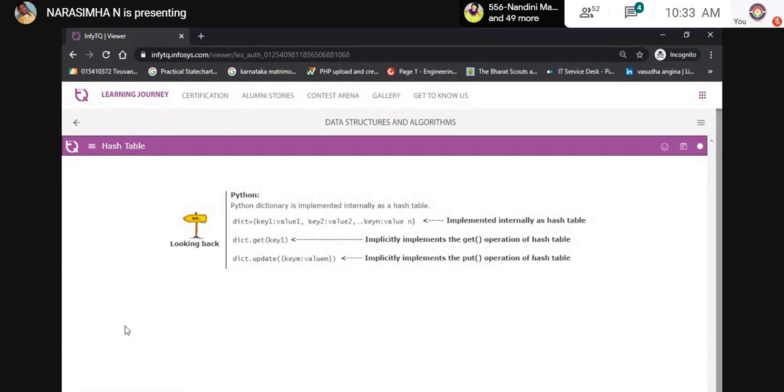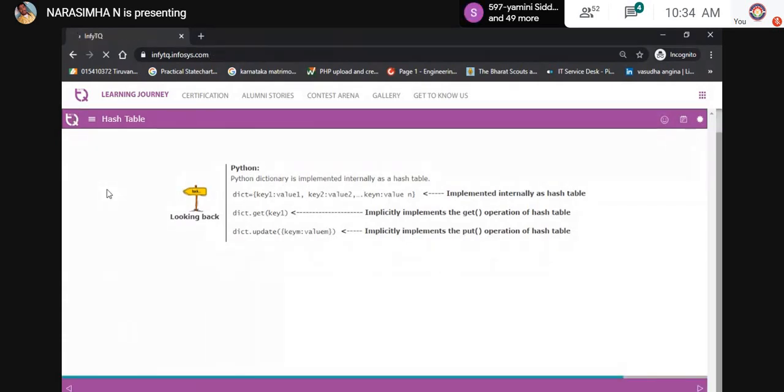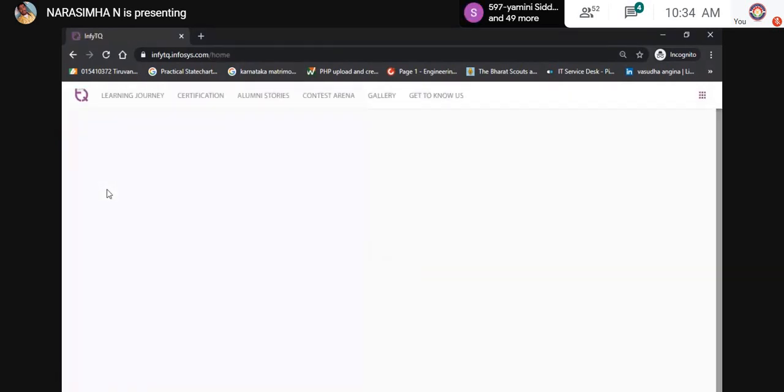Then you get the hash value. By using the hash value, you make a list, and each index consists of a reference to a list. That list contains the key and value pairs. There are two operations, get and put. Clear? That is about hash tables.